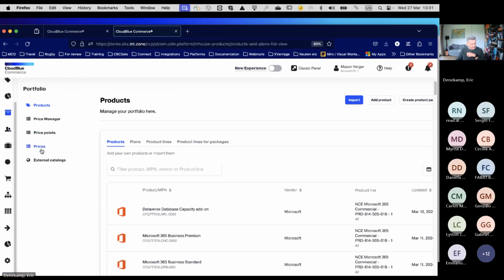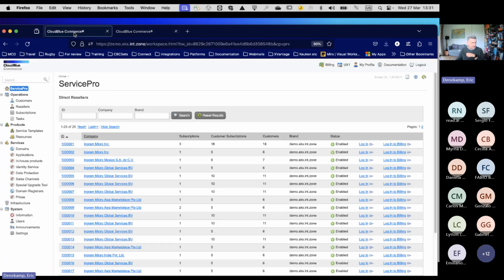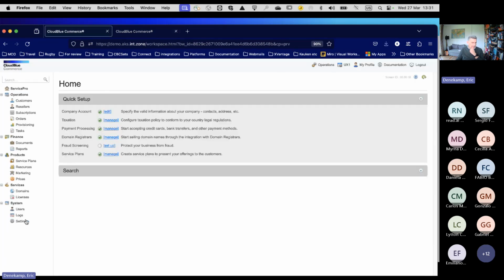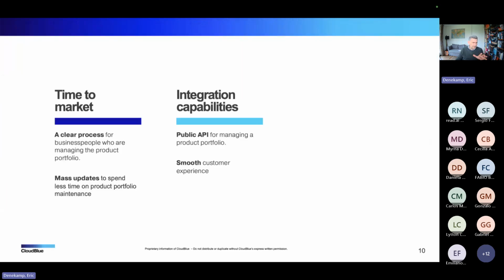Pricing is still the responsibility of the price manager, the same price manager as when we are in billing and we go to prices here. So in that case, you see, you first create all the plans and all resources, etc., and then you add a price to it. Price manager is a different scenario, a different tool.